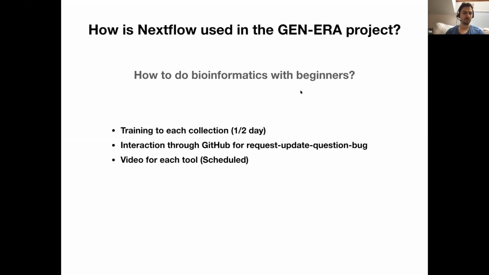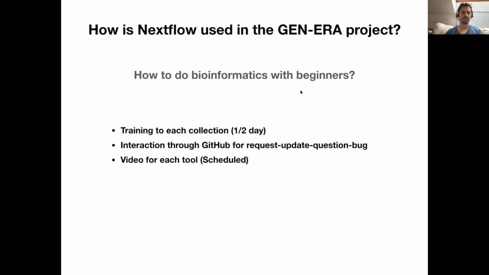And after one afternoon, where mainly I help them to connect on the cluster, with the documentation, they are able to run things by themselves. So that means that for me, it's very helpful to use NextFlow in that sense, to make really state-of-the-art bioinformatic analysis with a minimum of training for the partners, and for them it's very helpful to not have to do a lot of training to be able to